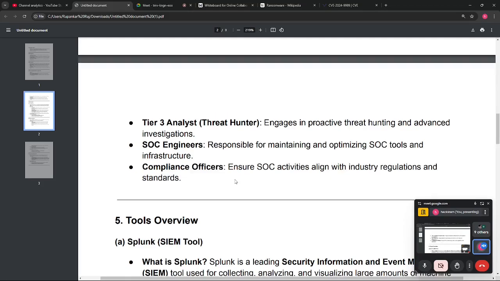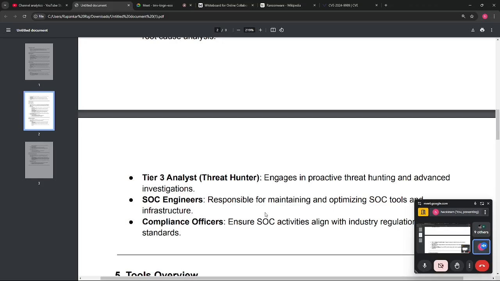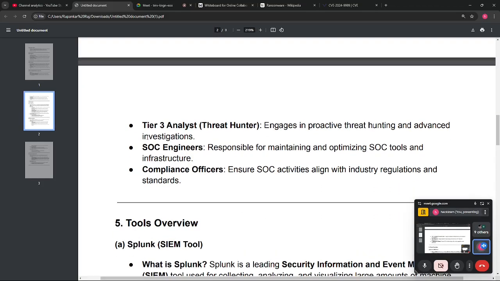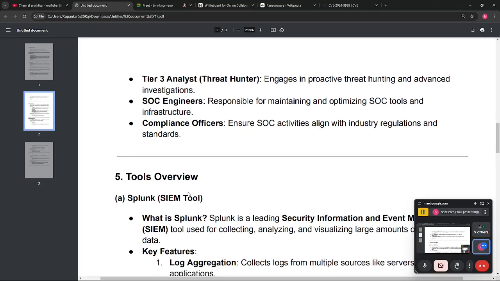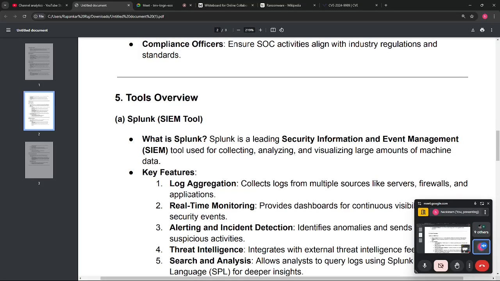That's why they will give you smaller roles like tier 1 analyst, to just monitor all the traffic and make reports. After that, you may get a promotion. That's how it will go. On day one, you might not be senior here, but the salary structure is quite good in SOC, and this is a very great job for a fresher also. You will get a lot of things to learn here.